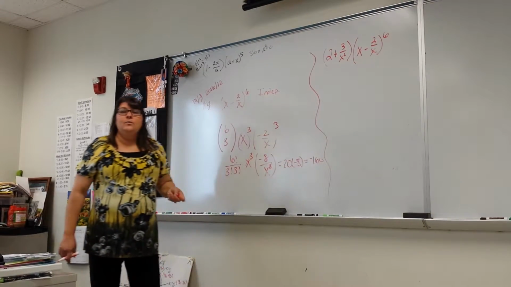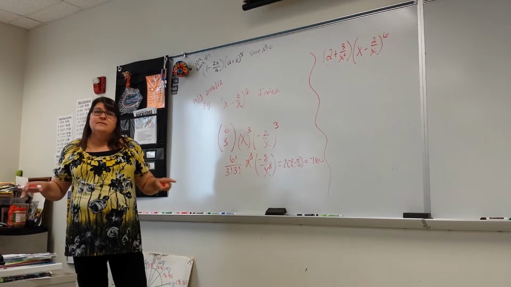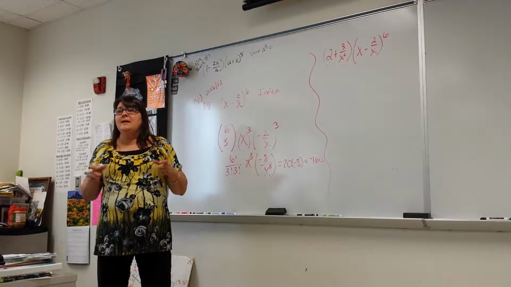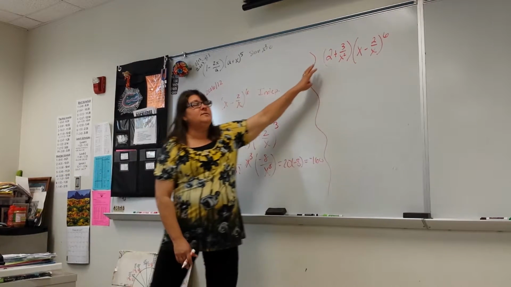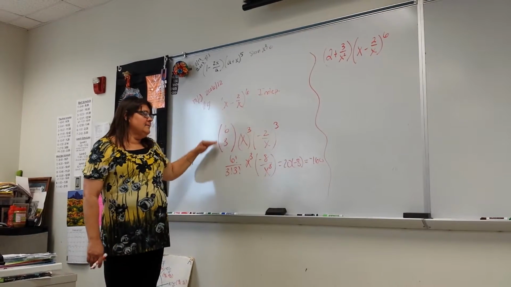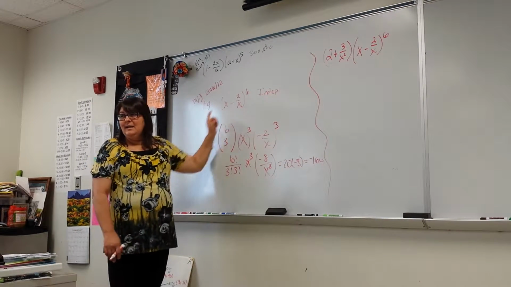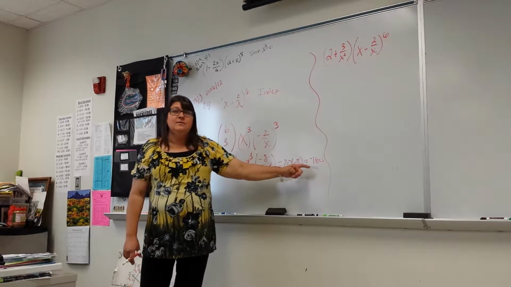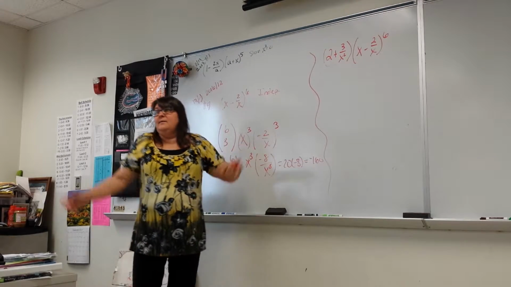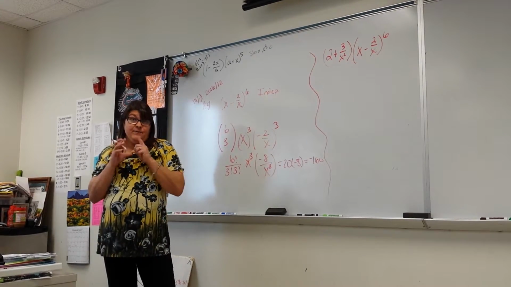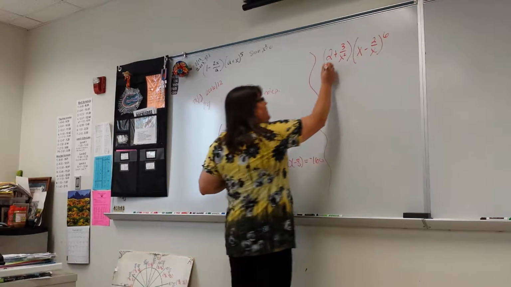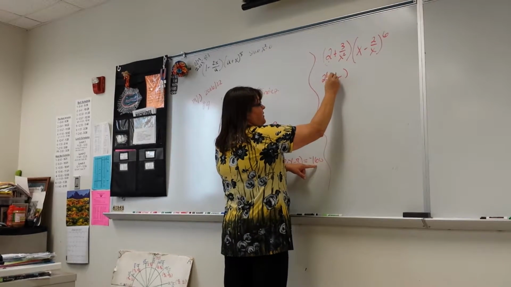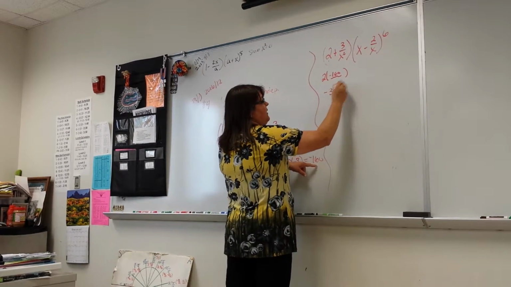What I need to figure out is where does 2 hit that's going to cause the x's to be gone. So 2 doesn't have any kind of influence on x's whatsoever. Do you agree? Because 2 is just a number. So doesn't it make sense that this is the one that we want it to hit? Because when I multiply 2 to this, it's going to be 2 times negative 160. There's the number I'm looking for. So 2 times my number is going to be negative 160 because we just found it. So negative 320, plus